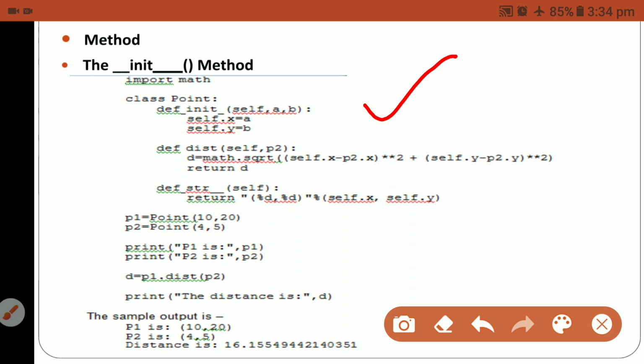So self.x equals a and self.y equals b, which refers automatically to that object invoking the method.